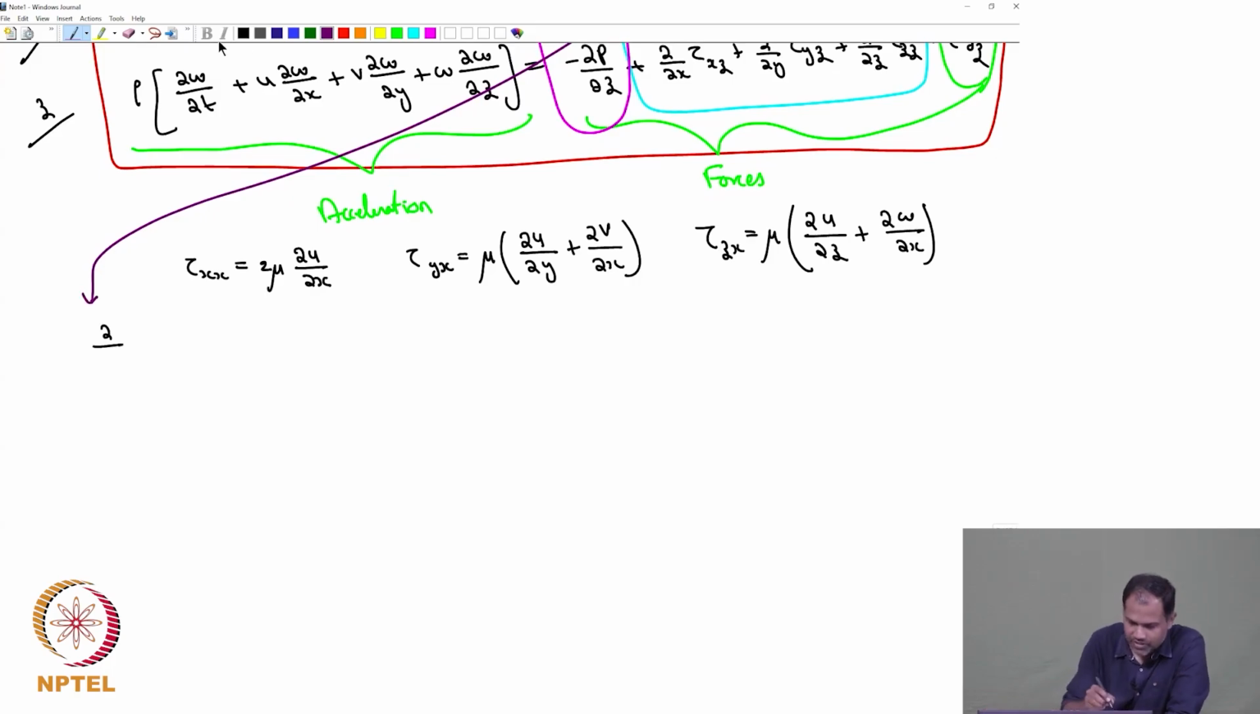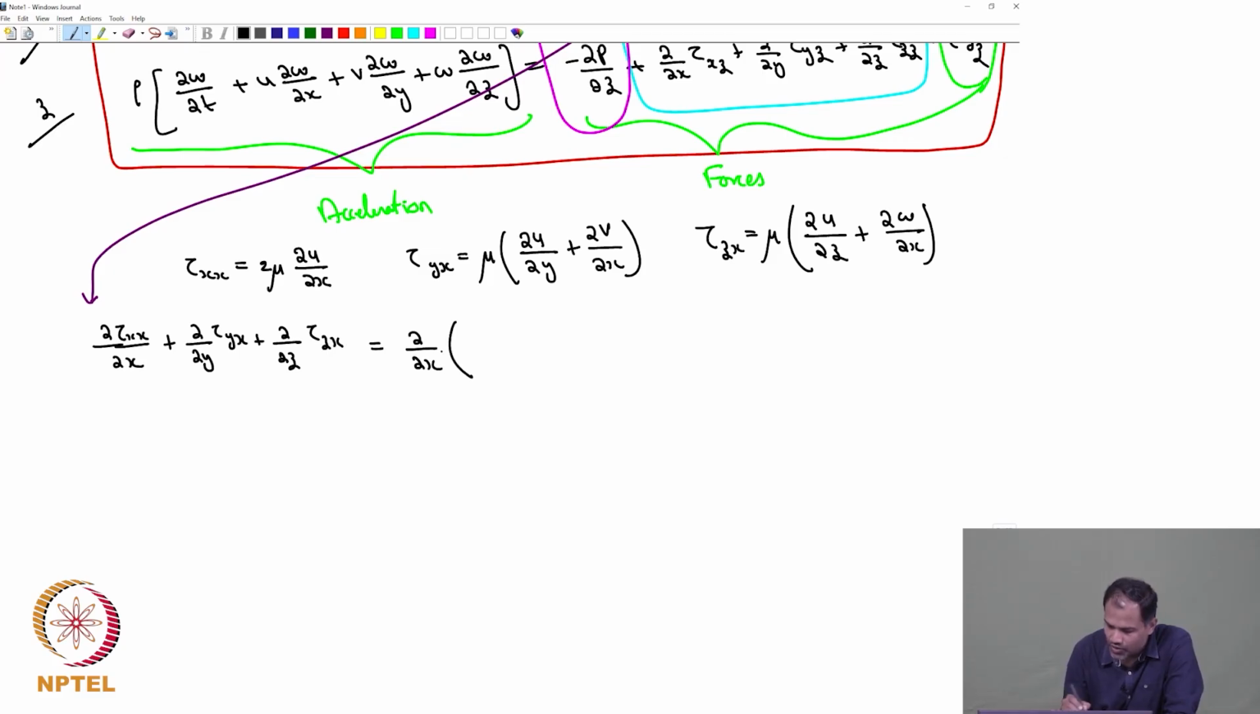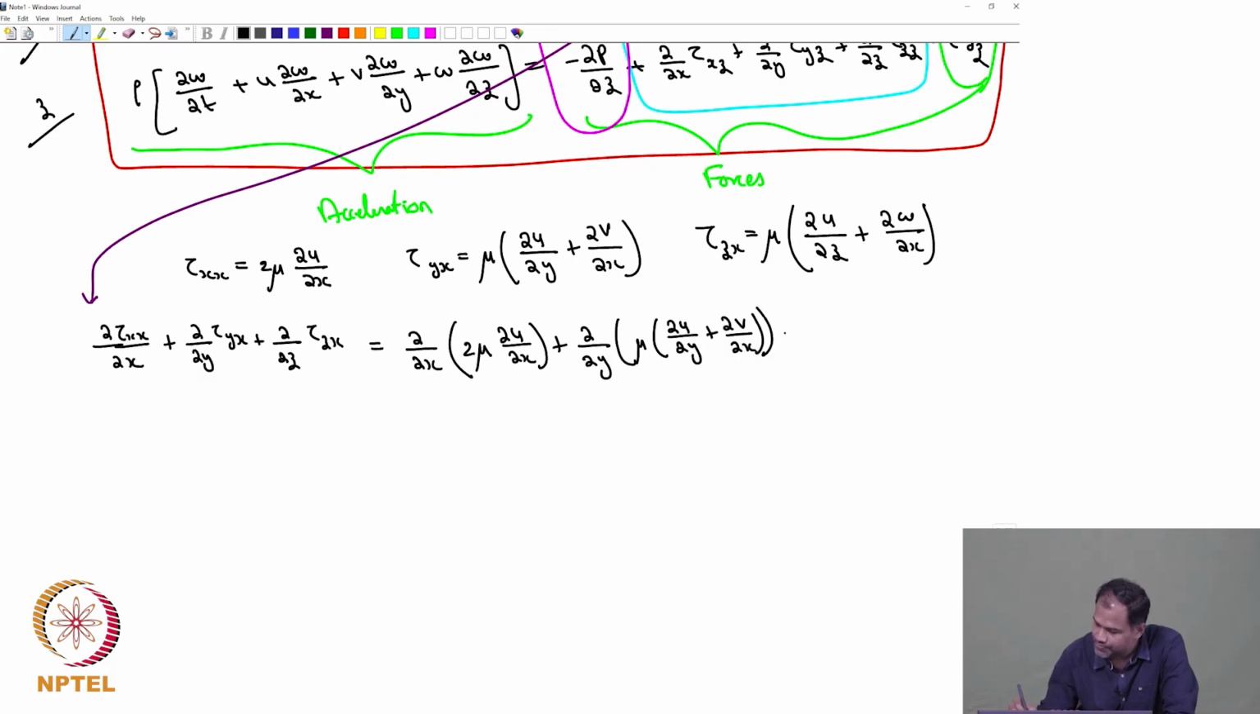Okay, I am going to simplify that. So what I have is ∂τxx/∂x plus ∂/∂y of τyx plus ∂/∂z of τzx is equal to ∂/∂x of 2μ ∂u/∂x plus ∂/∂y of μ into (∂u/∂y plus ∂v/∂x) plus ∂/∂z of μ into (∂u/∂z plus ∂w/∂x)